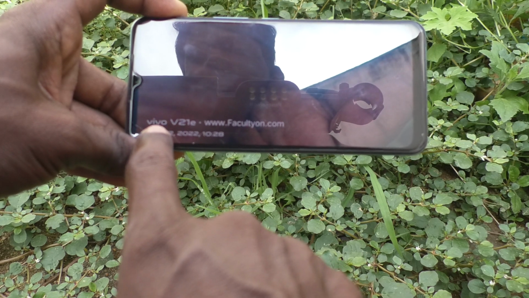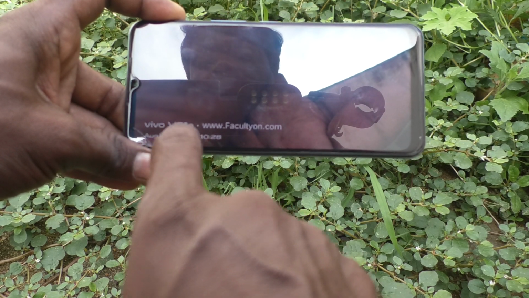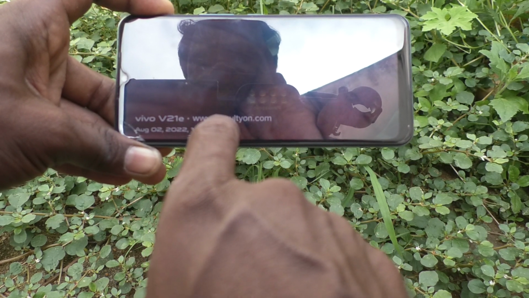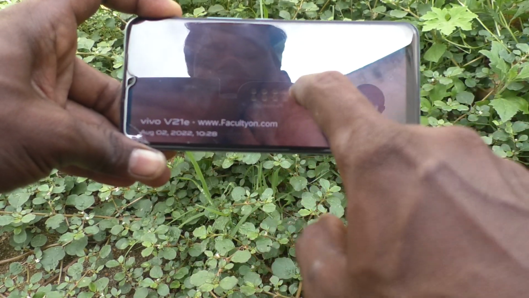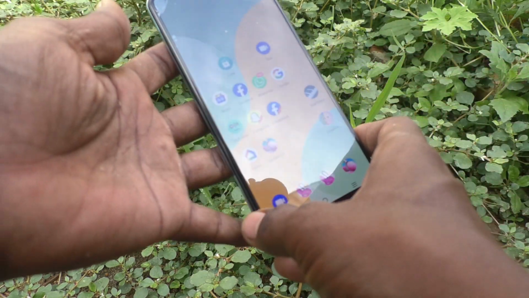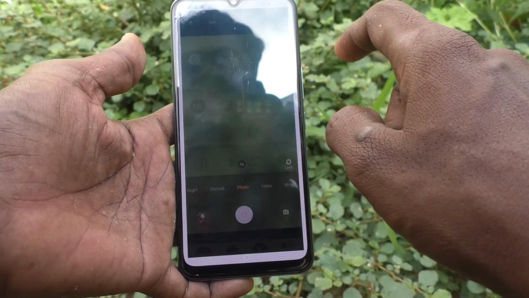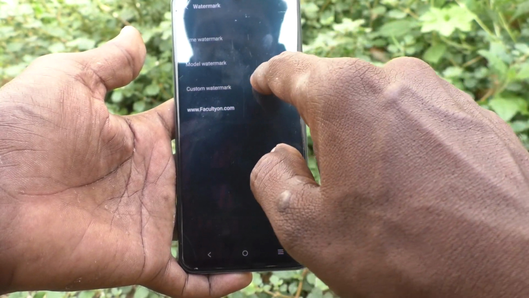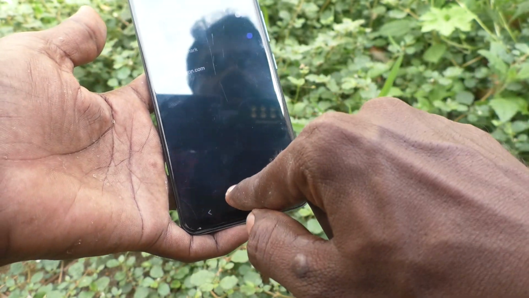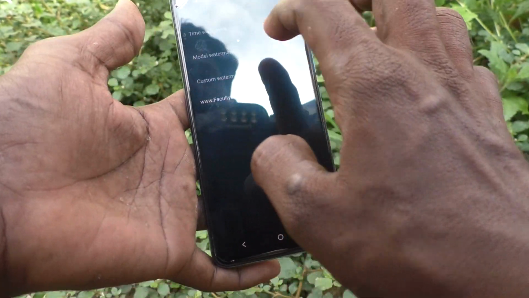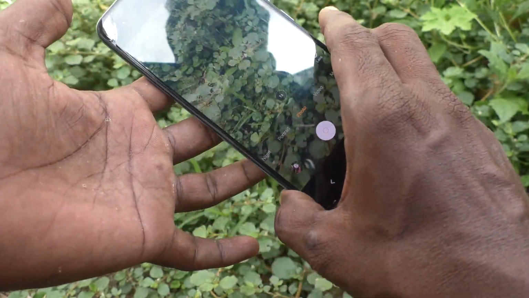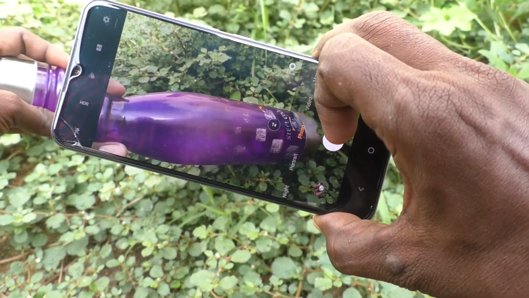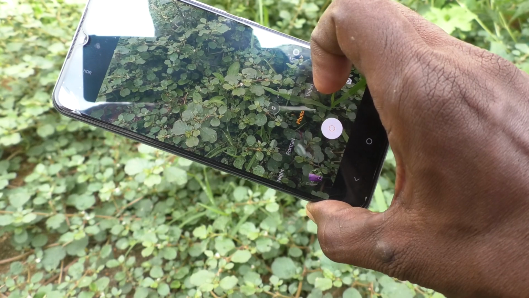You can also turn on or turn off this model watermark. So you can remove this model watermark and you can only include your business name or what you want to include. Okay, so here again I go to camera and go to camera settings and go to watermark and turn off model watermark. Now go to camera and take a picture. Now I would like to take this picture and see in the picture